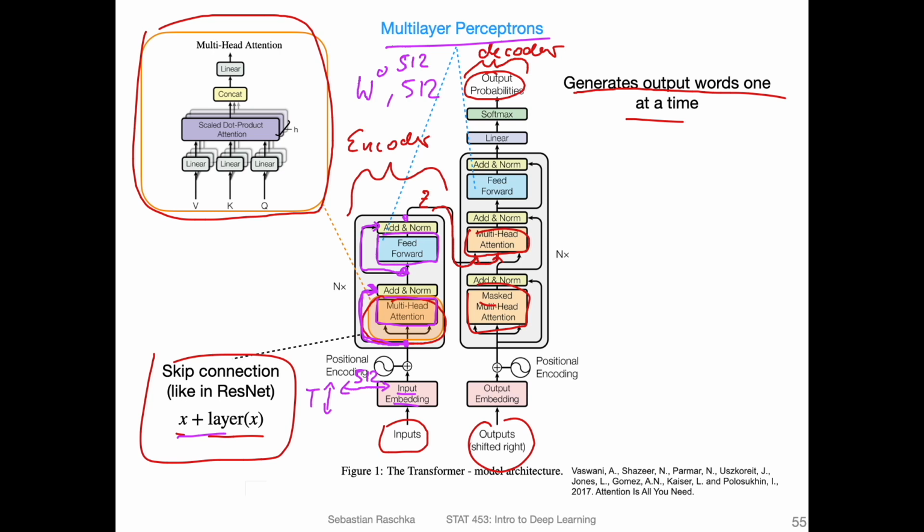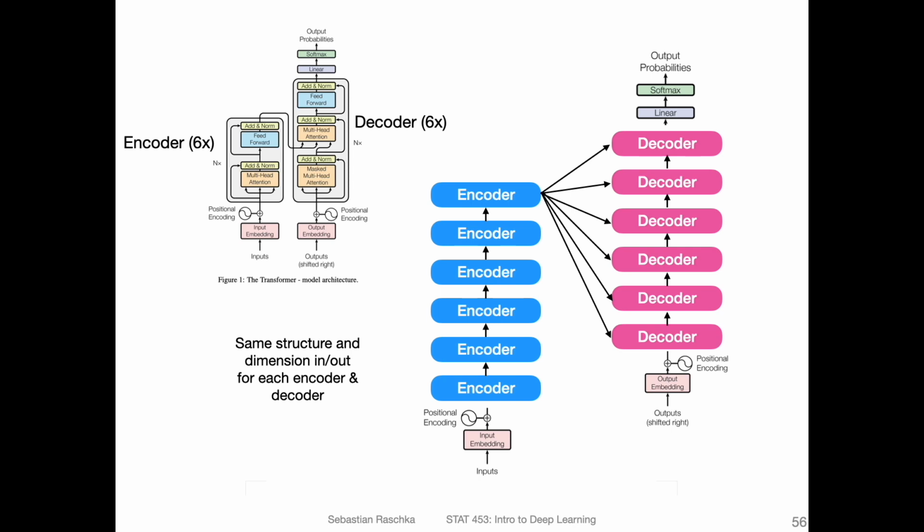What else? Yeah, I think this is maybe it for this slide. So like I said, I don't want to talk too much about every detail in one particular slide because then it gets too cramped. Maybe one more thing highlighting here, there are more residual connections also in the decoder. Speaking of which, the encoder and decoder parts are also repeated. So you can maybe see here in a small font, there is this NX. So this just means that they are repeating the encoder blocks and decoder blocks a couple of times. So in fact, in the original paper, they repeat that 6 times. So we have 6 encoders and 6 decoders.